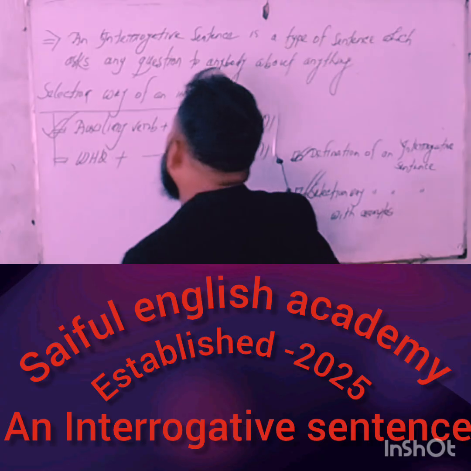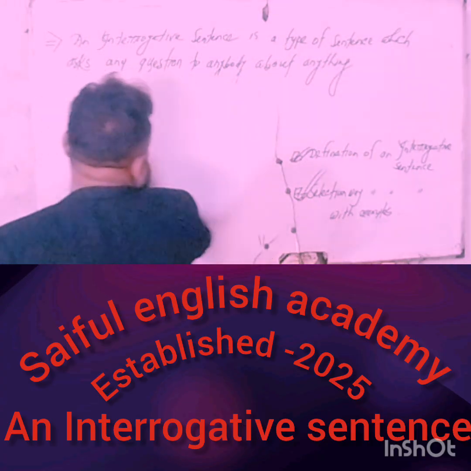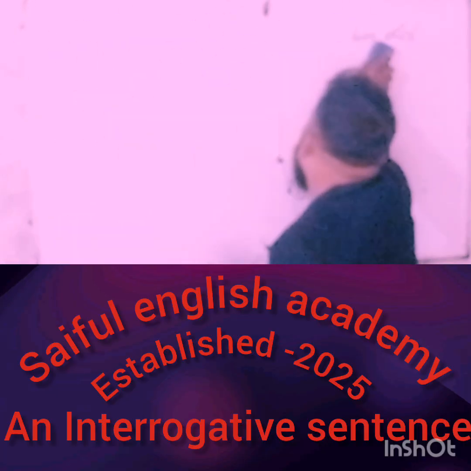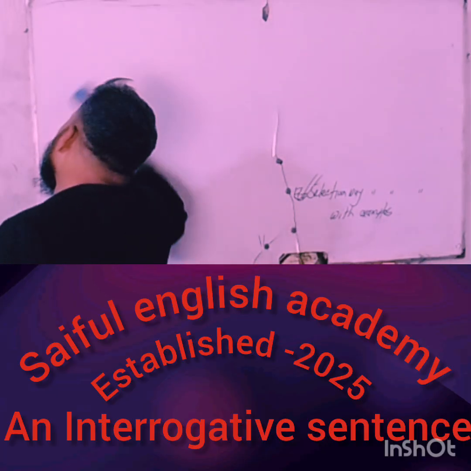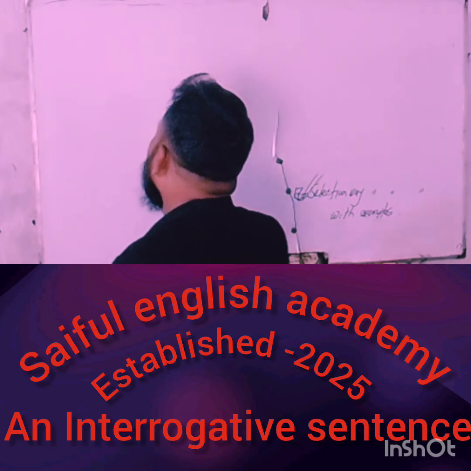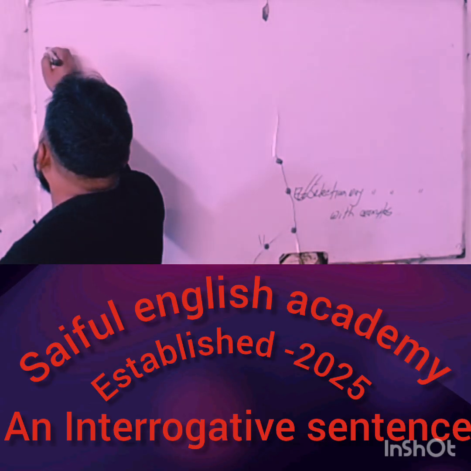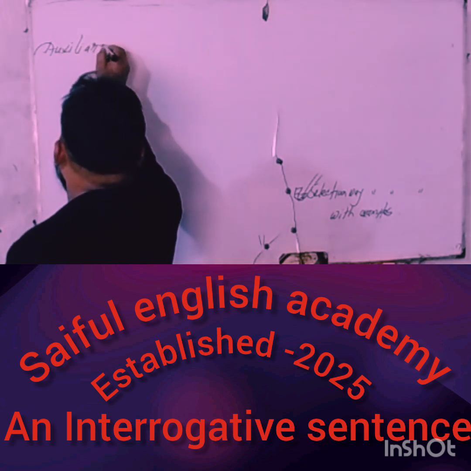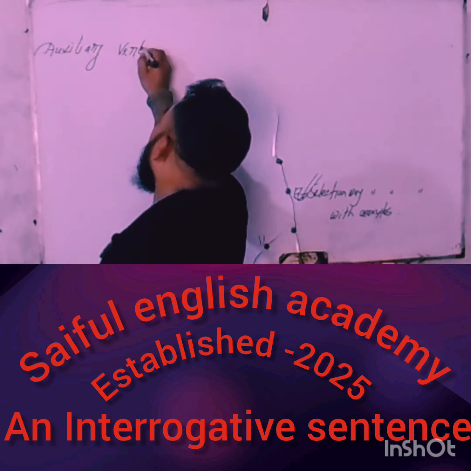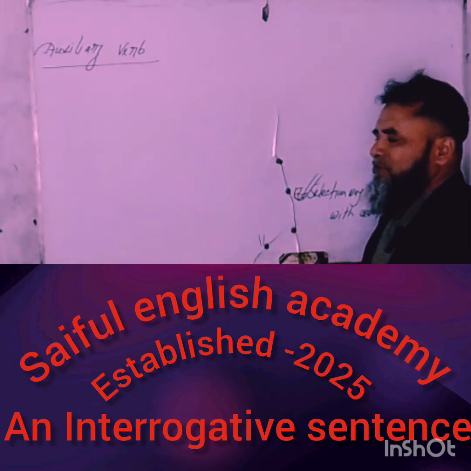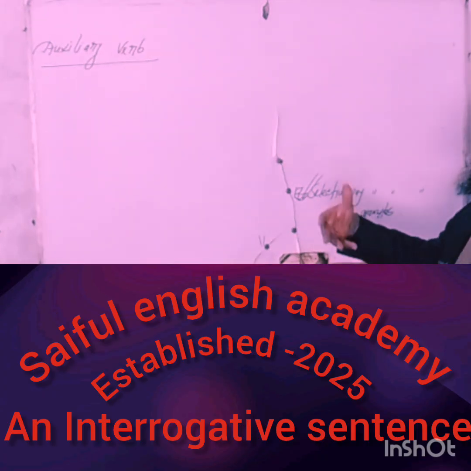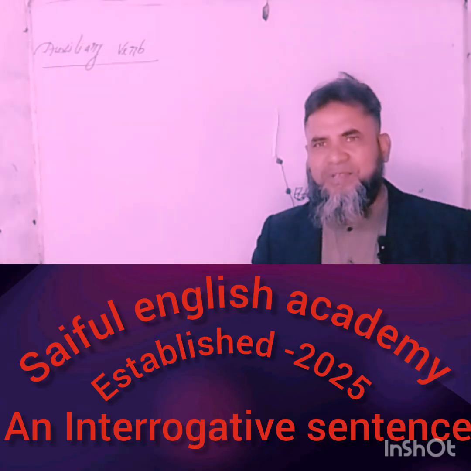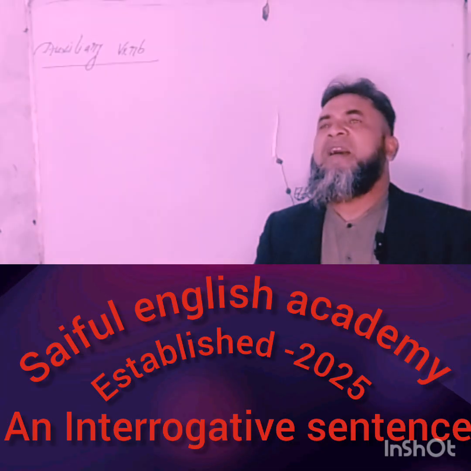Now, my question to you, my dear learners: what's an auxiliary verb? I know that you'll be able to reply to my question, but I only want to share some information with you. Take a look at the board and try to understand. You have to keep in mind that auxiliary verb means helping verb. That means an auxiliary verb is a type of verb which helps any principal verb